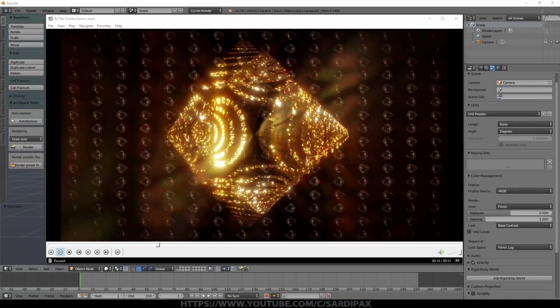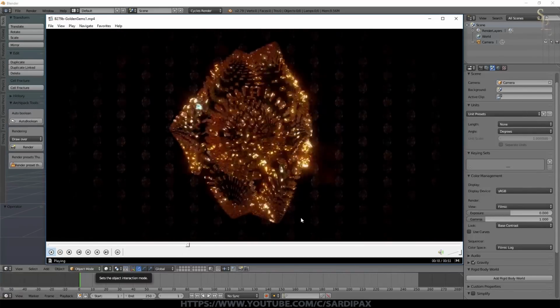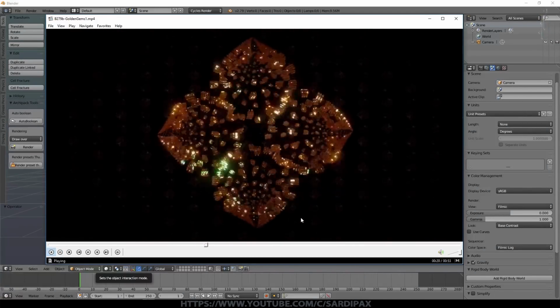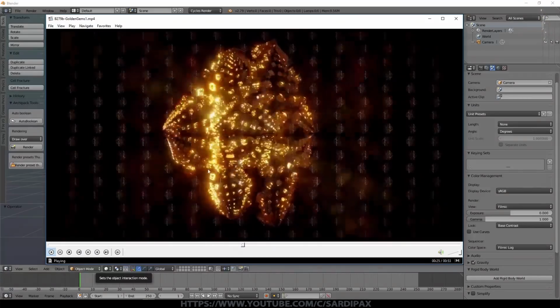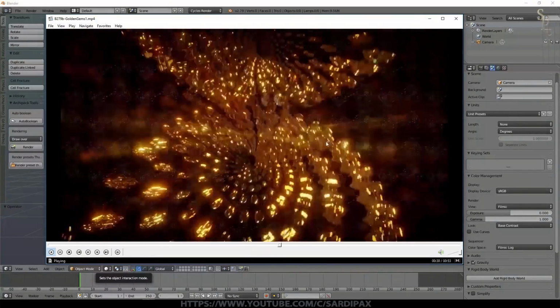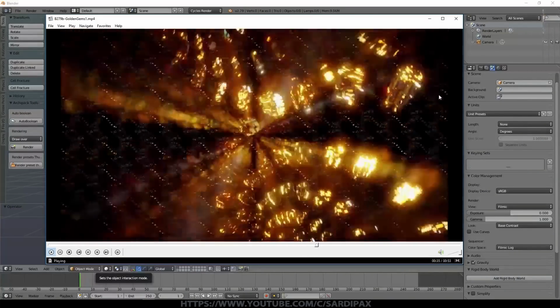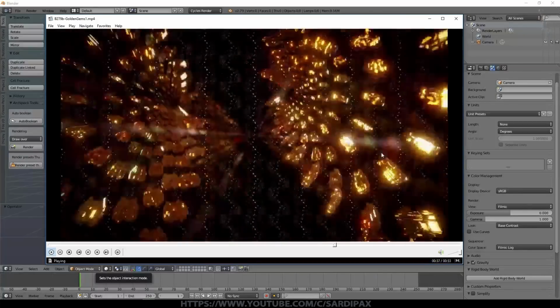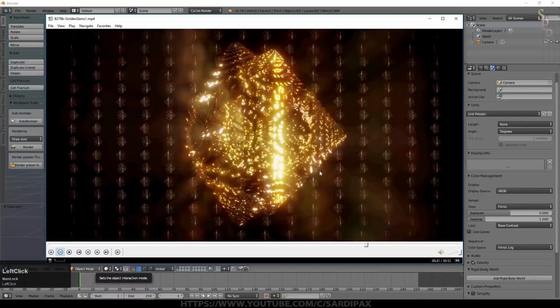Hi there. In this tutorial I'm going to demonstrate the techniques I use to create this scene. So you can see I called it gems. You've got these shiny little objects that appear to be rotating, and it may not be too visible, but we've got this sort of background which is actually a repeat of the foreground, and then it changes view and we can see from inside the object, and we've got some sunbeams going on there as well and a few other effects. So actually the most complicated part of this is the compositing at the end. So I'll go quite quickly through this and demonstrate how I created this object.